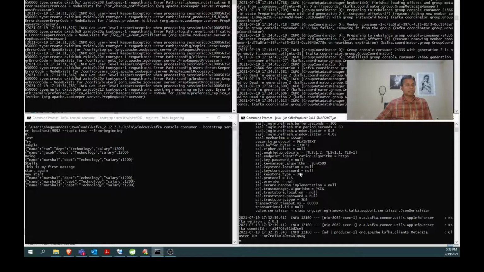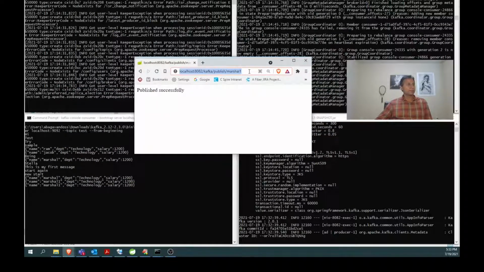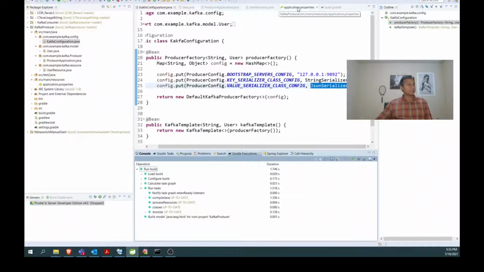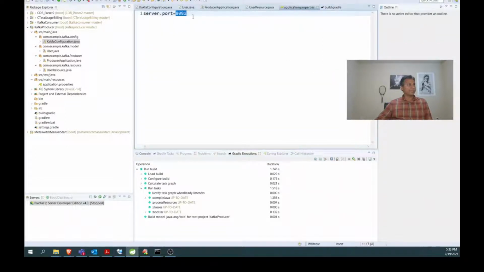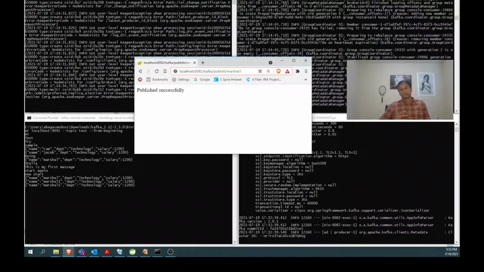Now the jar is up and running. So now we can make sure, okay, already I kept it over here. As I told, how am I coming to know it is 8082? Let us go to the application property. Here I gave the port number 8082. First we must know what a port number is. In my previous videos, when I was doing it for Jenkins and Git, I already told you, it is more like an extension to that central telephone box. So when I call 8082 from the local host, automatically it will connect to this application on 8082.